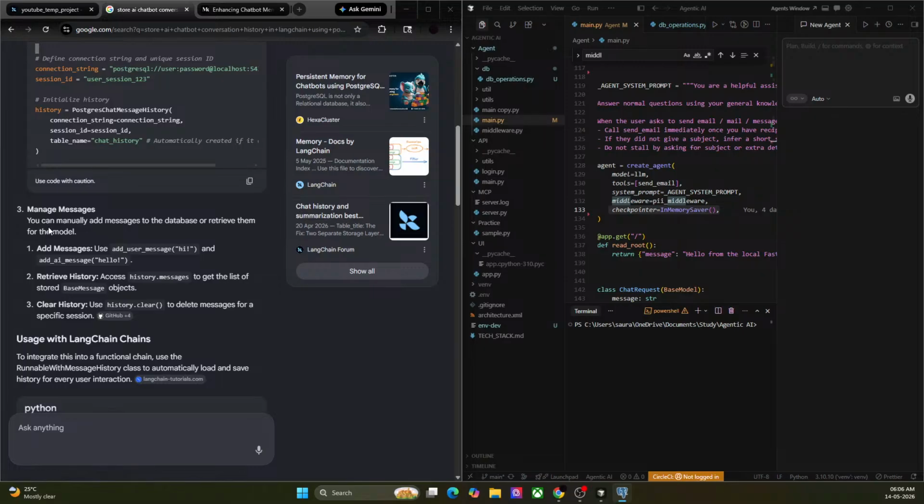It is launching till now. You can manually add messages to the database and retrieve them from the model, the messages it uses. The way I want